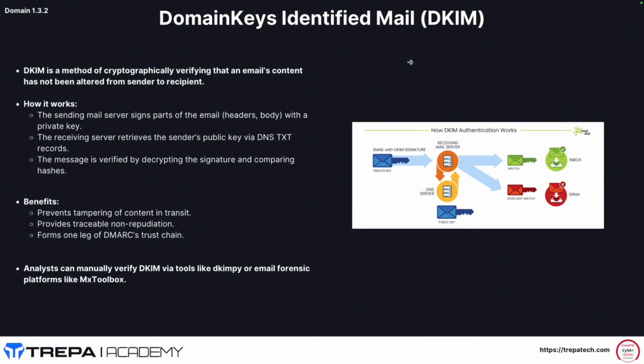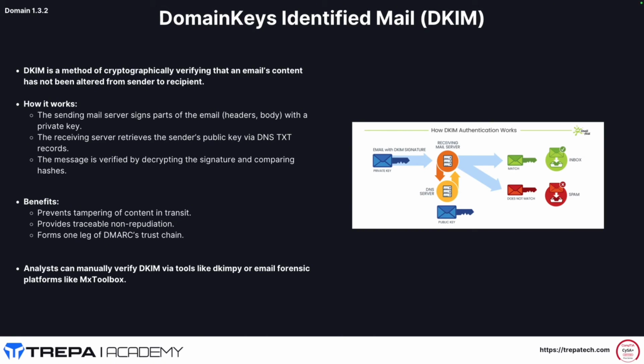Okay, then DKIM, DomainKeys Identified Mail. This is actually going to use PKI now. This is going to be a cryptographic way that we can verify emails using a private and public key, where the private key stays on my email server and the public key again is out there globally. So DKIM is a method of cryptographically verifying an email's content has not been altered from the sender to the